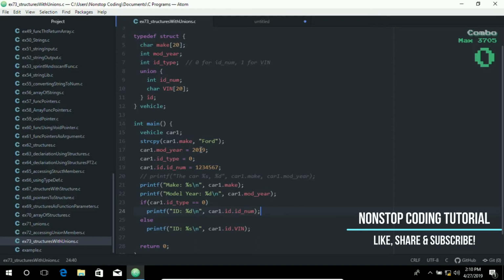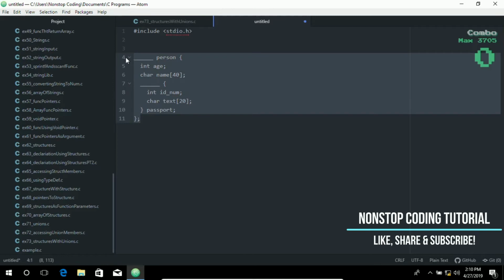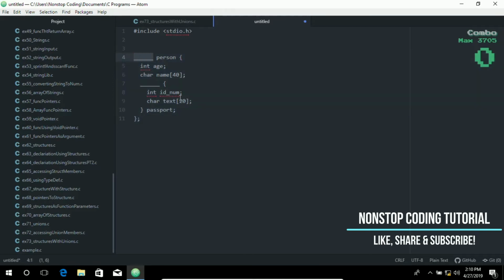Before we wrap up, let's go ahead and test your knowledge. I have here on this tab a little exercise for you. I want you to fill in the blanks to declare the person struct with a union member. As you can see, there's a blank space in here that you need to fill in,